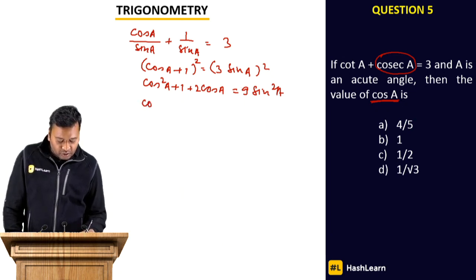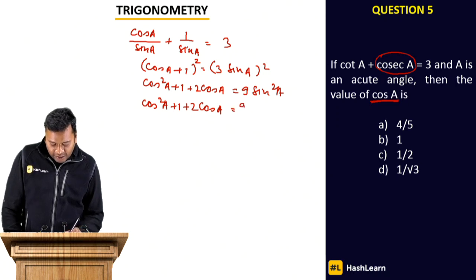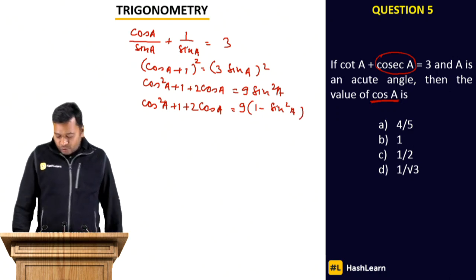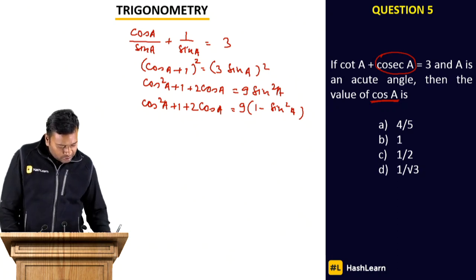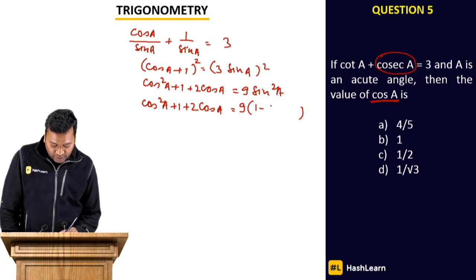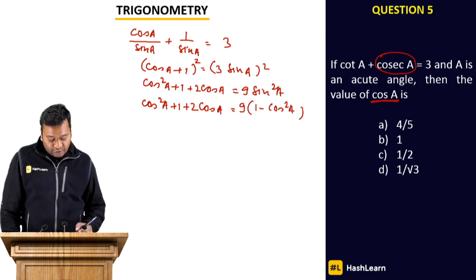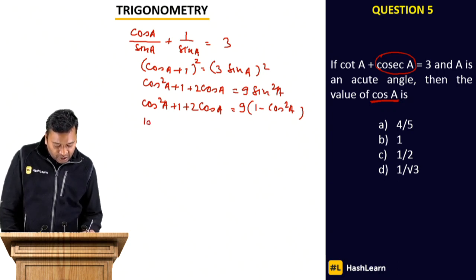right? So it's nothing but cos square a plus 1 plus twice of cos a is equal to 9 times of 1 minus sin square a, right? So ऐसा लिखकर देखते हैं. So sorry, this is 1 minus cos square a, I'll erase this part. So it's nothing but 1 minus cos square a is the format, right? So now I'll shift the value towards this side. That means this thing was 10 cos square a